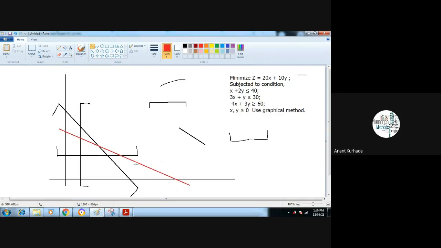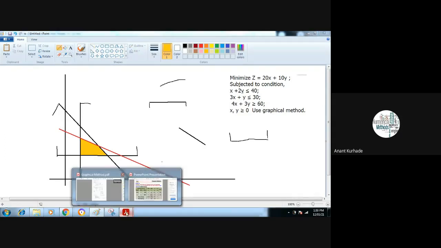So now, where can we say that the visible region will lie? Any idea? You can say that the visible region will lie in this yellow color. Is it correct? That means it satisfies the conditions for all the lines. And the condition for the fourth line, the constraint, is what?